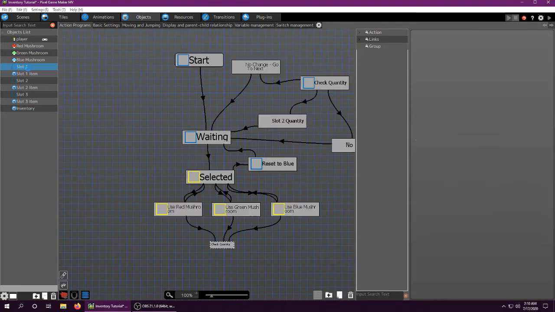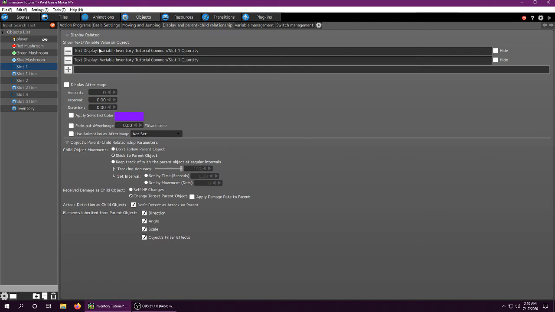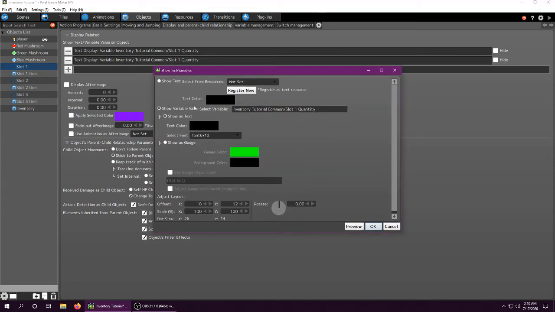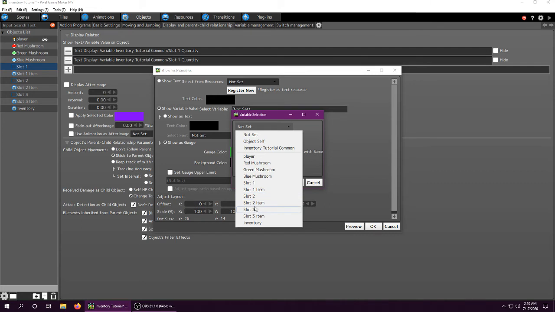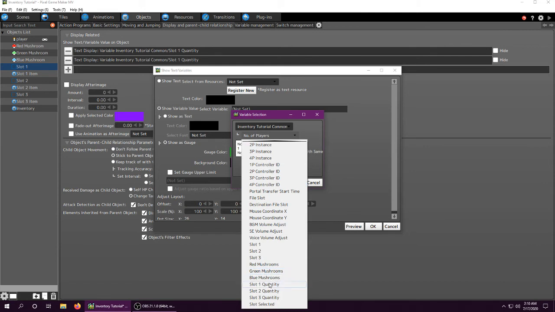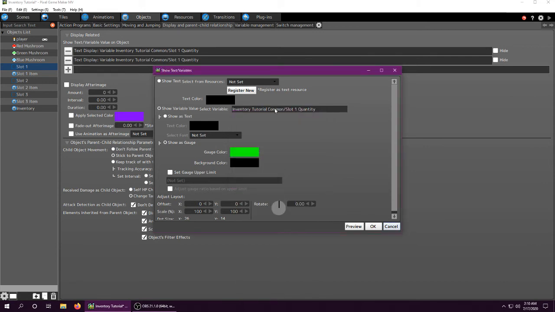Now, in my slots, I did add these text displays, which just show the quantity, right? There's a black one. I'll show you how you make one of these. You just leave it, this is the default, not touching anything. Put the slot that you're on, this is slot 1, common, slot 1 quantity. The number it's going to show is this, show as text, it's going to be black. Select your font. I'm just going to use one of the default fonts. And